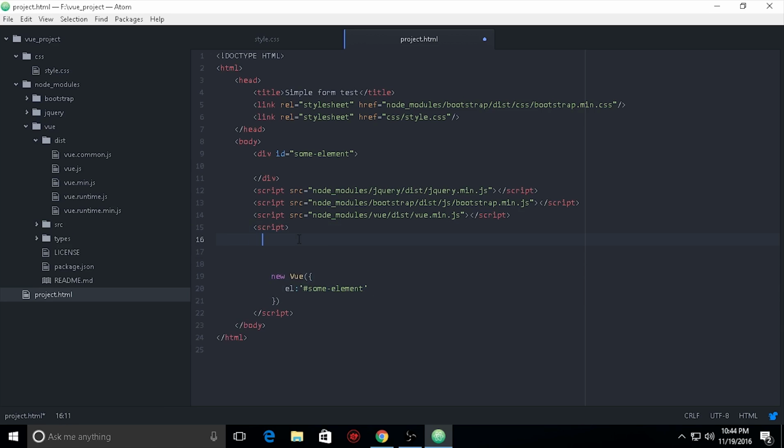and there are two ways to register components. You can register globally or internally. I recommend using globally because you probably want to use lots more stuff. So, Vue.components, the first parameter is the custom element you want to use. So I'll put my-element,